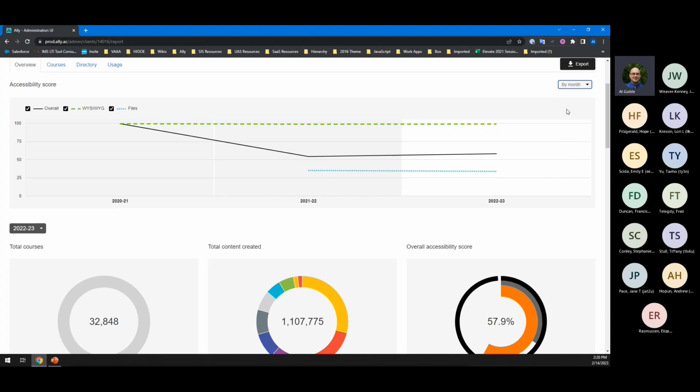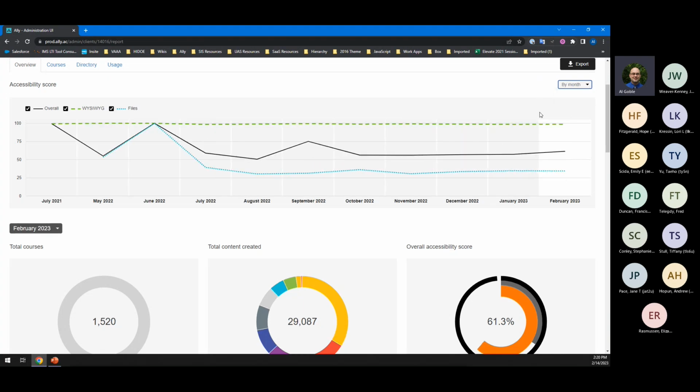And the same thing goes for month, but the month can be very helpful as well, because if you are doing training in February, and you come back in April, you will want to see, okay, are the files that are getting uploaded and updated during those times going up in score or down? So that can help you determine